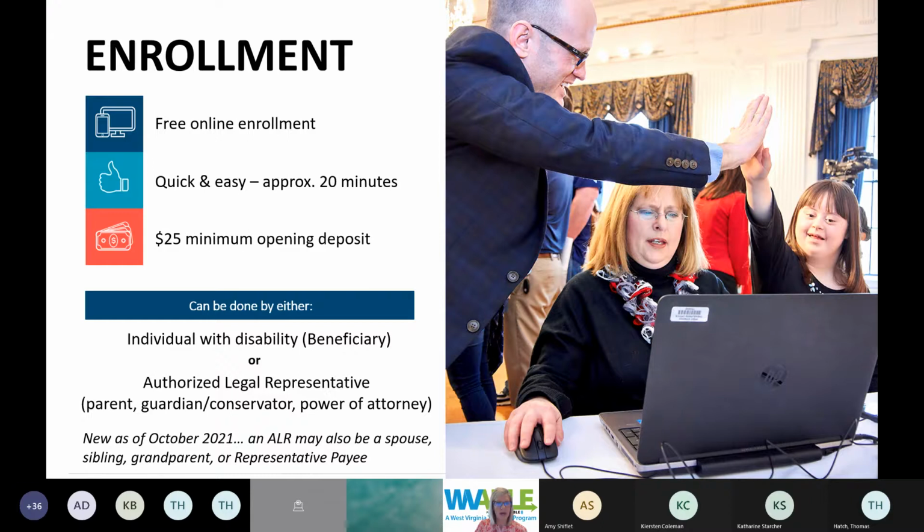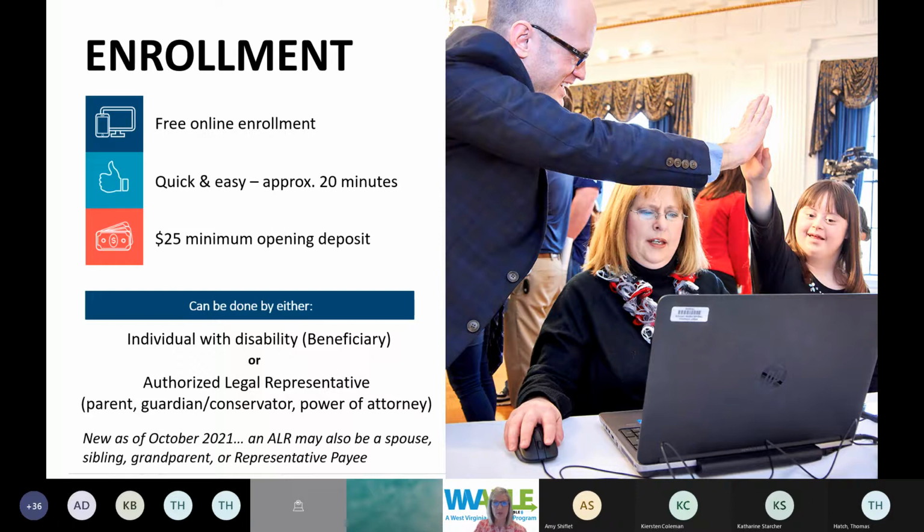And as far as who completes the enrollment, the Federal ABLE Act requires that the person opening the account be either one, the individual with the disability, or an authorized legal representative. And the Federal ABLE Act defines an authorized legal representative as an individual who is either the parent, the guardian or conservator that's been approved by the courts, or an agent acting under a power of attorney.